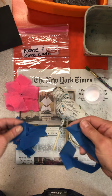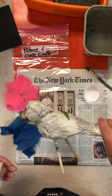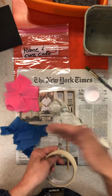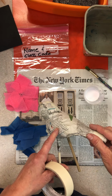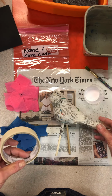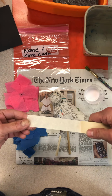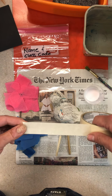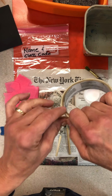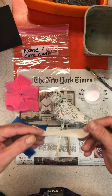The next thing that you want to do is, I want you to notice that in a moment you're going to be covering your whole bird with this tissue paper, and so the name that was on your bird last week is going to be covered. So instead of making a name tag like we have been with the paper strips and markers, we're going to actually make what we call a flag tag, because it's going to look like a little flag hanging off of your bird leg. You're going to tear a piece of tape, maybe 3 inches long,